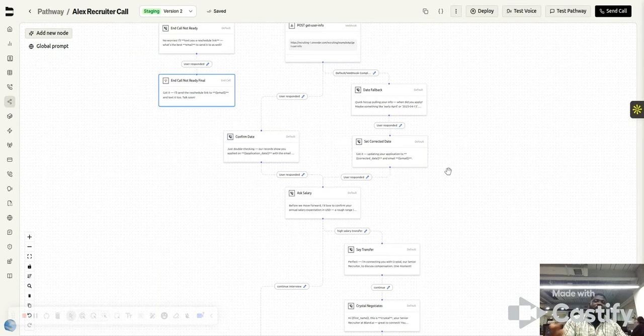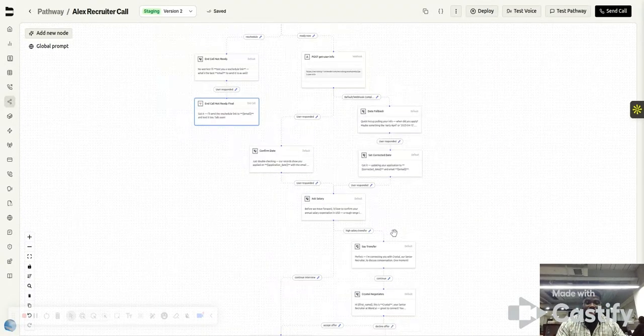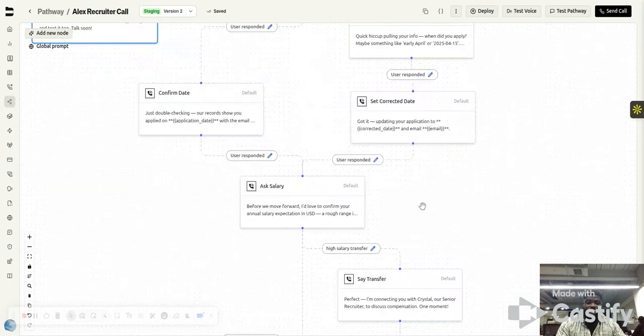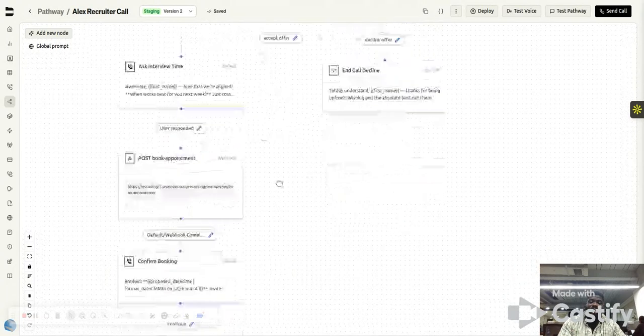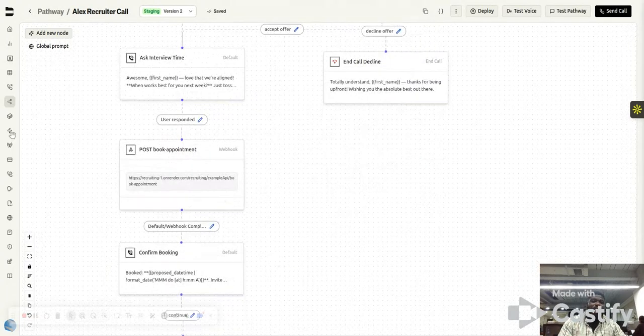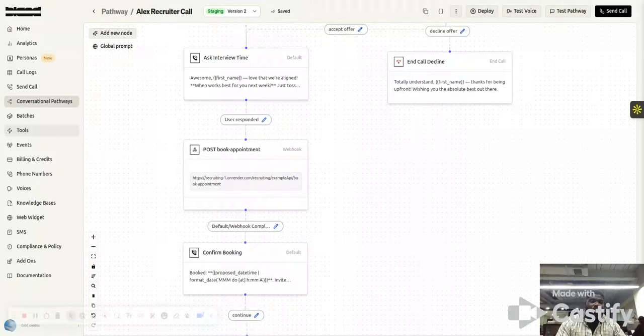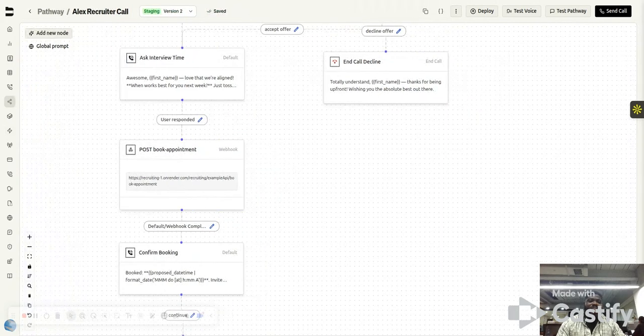And finally, Alex confirms the schedule time after agreeing on the salary. If the salary is above 500,000, it goes to the senior recruiter. If it's below 500,000, it comes to the booking, and we agree on the booking time, and finally that wraps up. So you will see each node being explained technically,